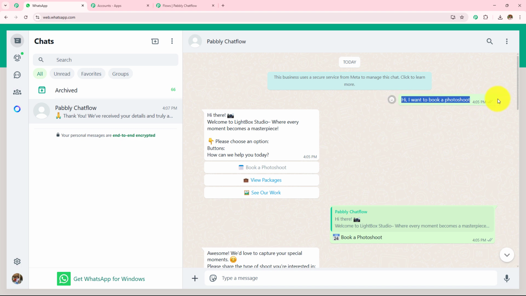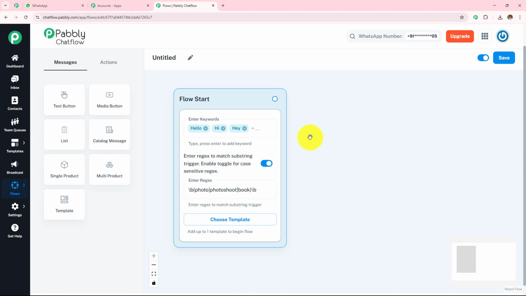Now as soon as I'm going to receive the message, I have to send the reply. So I'm going to create this message, and to create this message, I have to drag the circle. I have to click on the circle, drag this and drop it somewhere over here. Now I have to choose my content type.